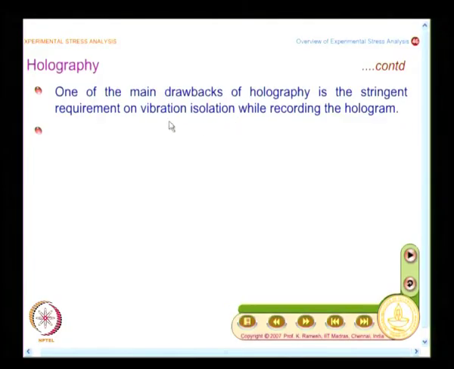When you come to holography, you find vibration isolation is a very important requirement. And even this, with advancements, people are coming out and making techniques which are reasonably robust. That research is also going on. And what you find is,